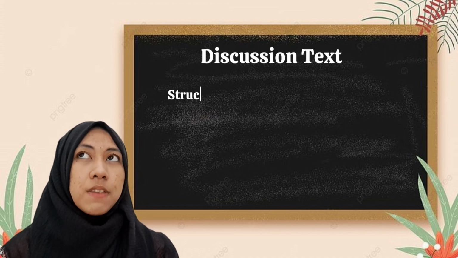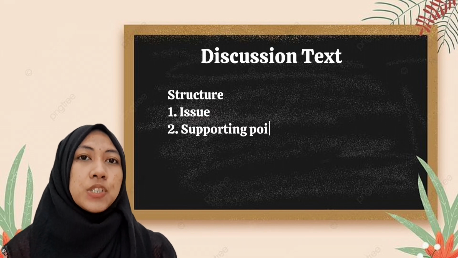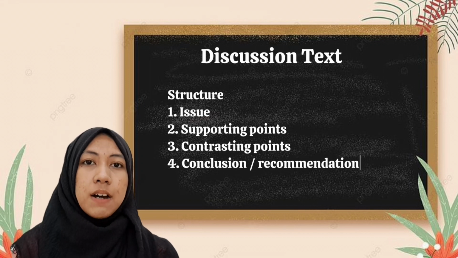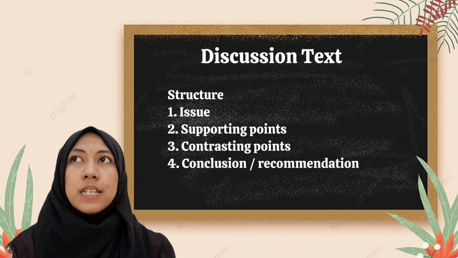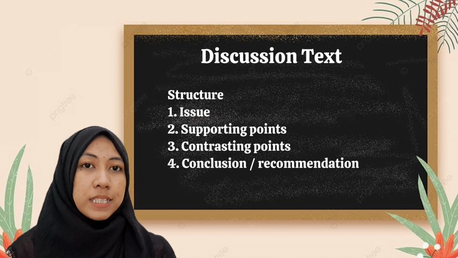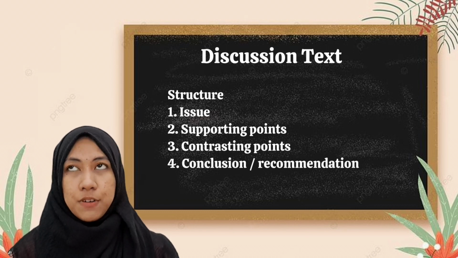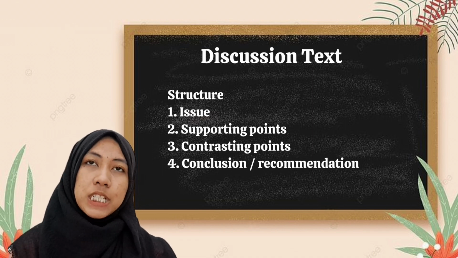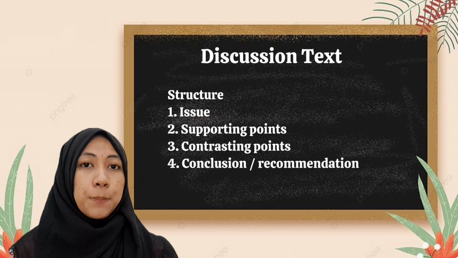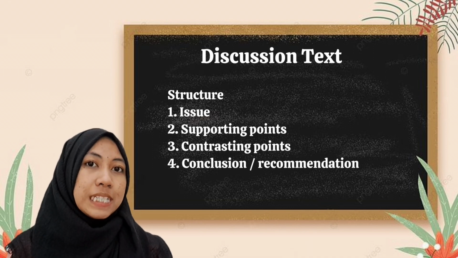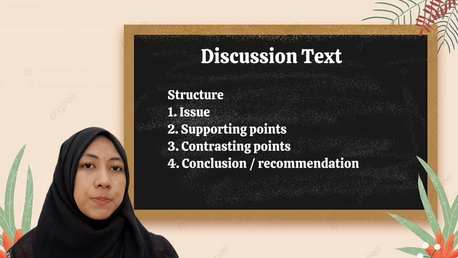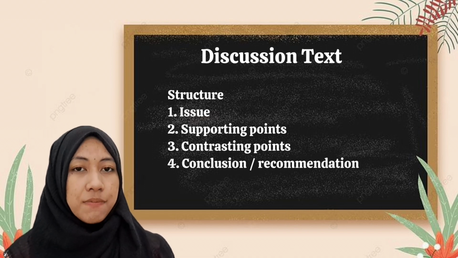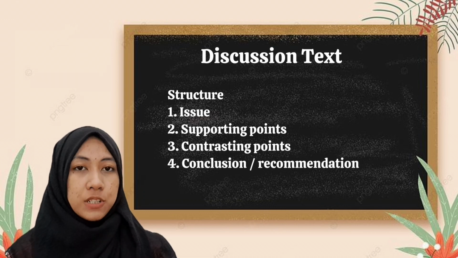So for the structure, the first is issue. This section is generally at the beginning of the paragraph and contains the statement of the problem or issue that will be discussed or debated. The issue is looked at, of course, in the first paragraph. And then supporting point. In this section, the author presents an opinion which then supports the issue. Each supporting point paragraph consists of two components: the main idea of the paragraph and